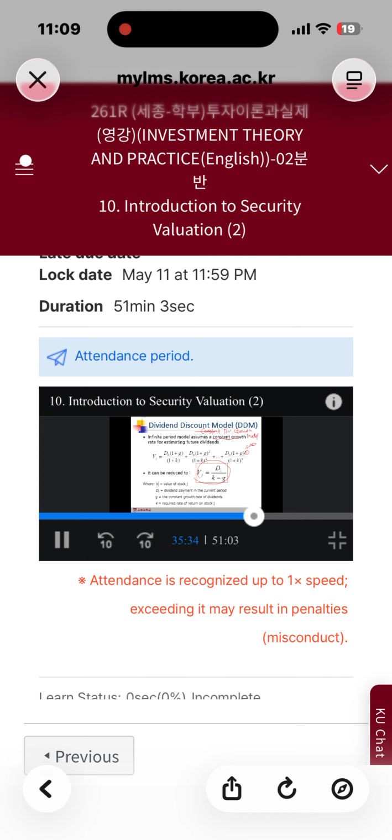I'm not showing the derivation of the model, and I just show the final form of the model, which is this. If you're curious why the model converges to this form when n goes to infinity, if you're curious about the derivation of the